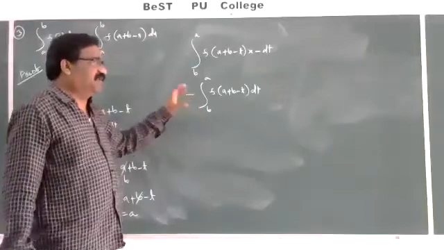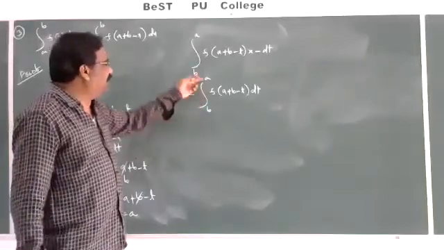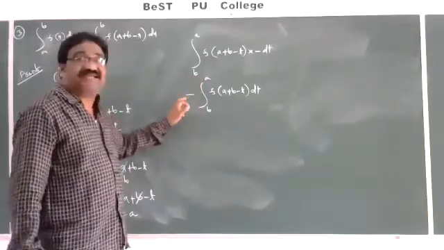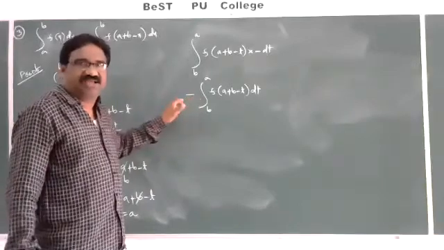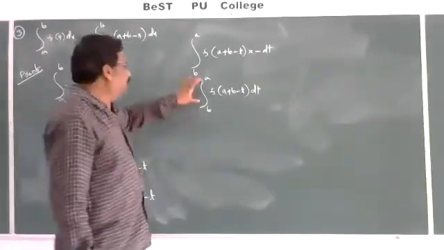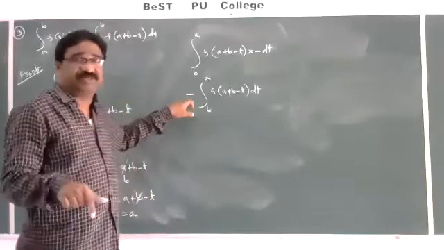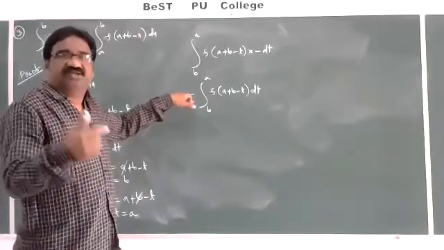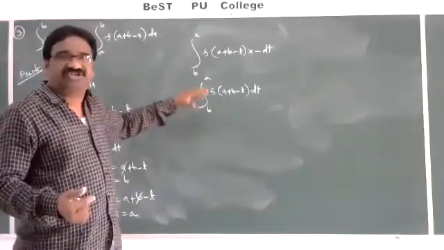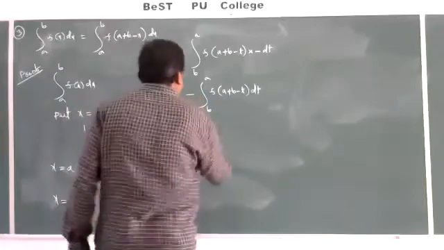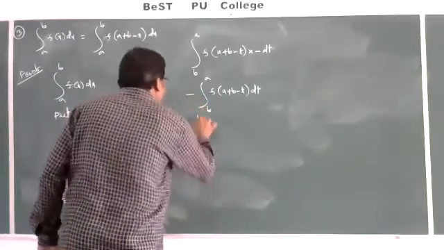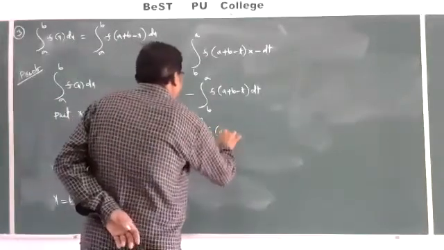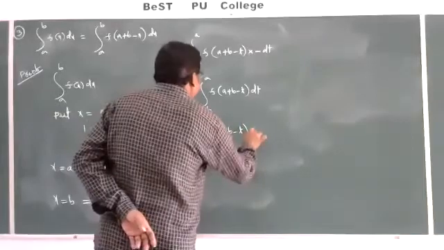From the first property, you can interchange the limits. You can interchange the limits, again you get an extra minus. That minus into minus you get plus. You can interchange the limits by using the first property. Already we discussed the first property. In the first property, if the limits are interchanged, then the sign should change. That is minus into minus, plus. That is integral a to b, change the limits, integral a to b, f of a plus b minus t dt.